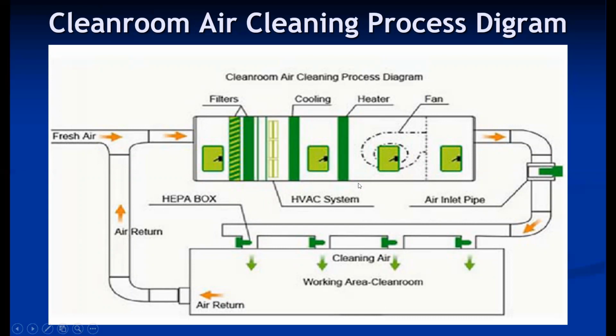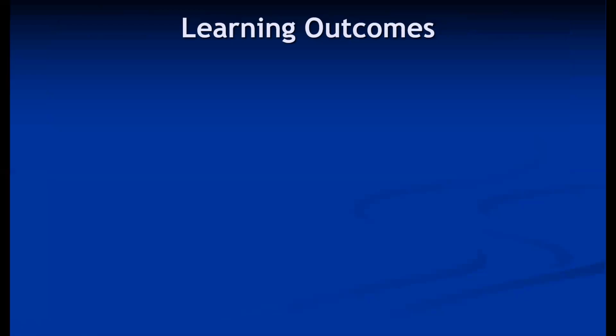So this is another layout of the clean room air conditioning system. Again, the main difference is that you have to provide more filtration in clean room air conditioning systems, and in addition to cooling coils, other equipment for controlling temperature and humidity is also provided. So that's it about the clean room. Generally, a short note is asked, and you can draw one of the layouts there with some important features of the clean room, then the different classes of the clean room.